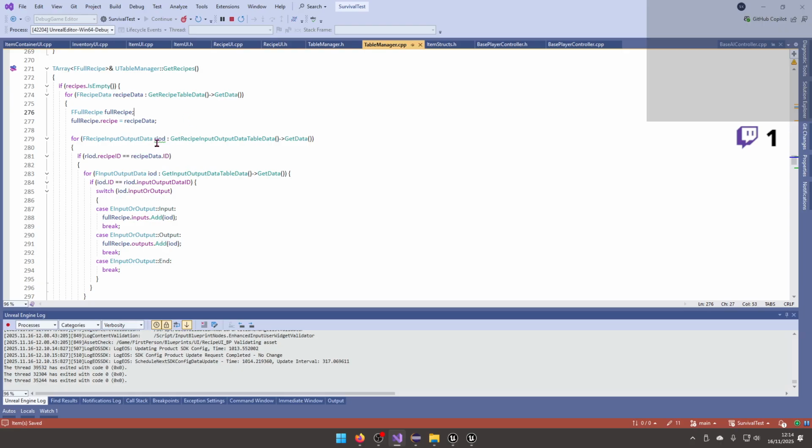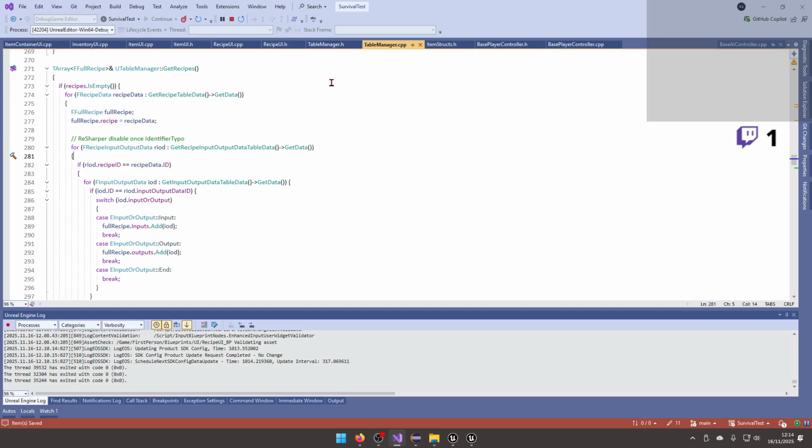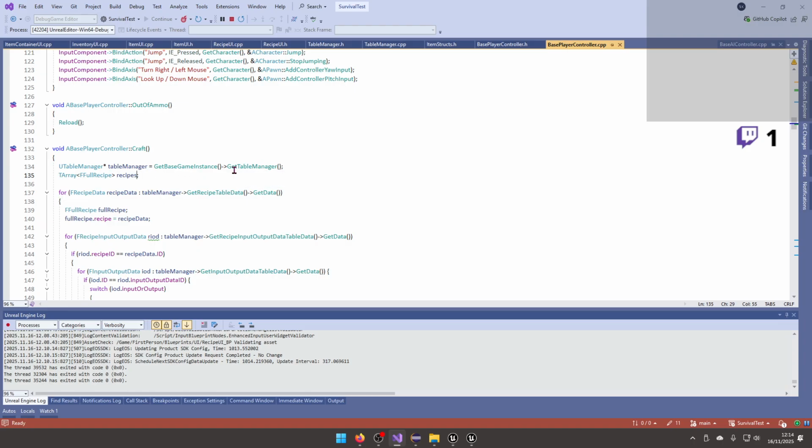So this will create it in the first instance. I don't know why it thinks that's a typo. Yeah, I'll just do that for now. Right. Okay, so that will generate the recipes, and lo and behold, in the player controller, I can literally do